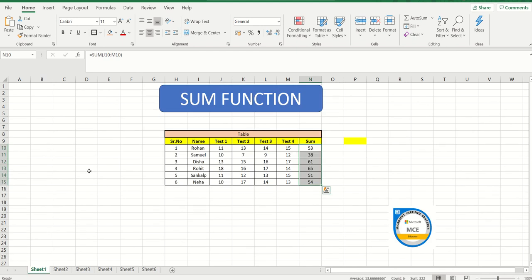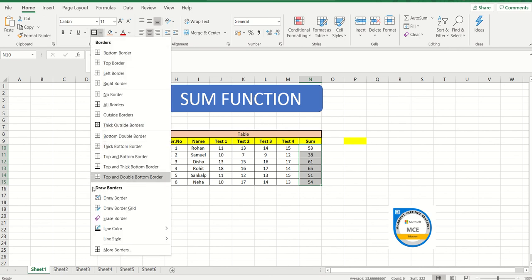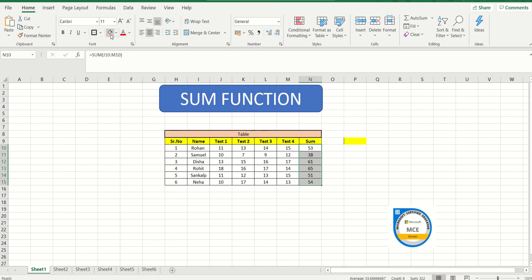So today what I've done is I've trained you on the various formatting that you can do with your data. You can change the font style, change the font size, change it into bold, italics, or underline. The table, if I want to give it a specific highlighting, I can do it from here. If I want to change the cell color, it would be from here, and if I want to change the text color, it is going to be from here. This is for the alignment of the data, left align, center align, right align. And then I have wrap text, and then I have merge and center.